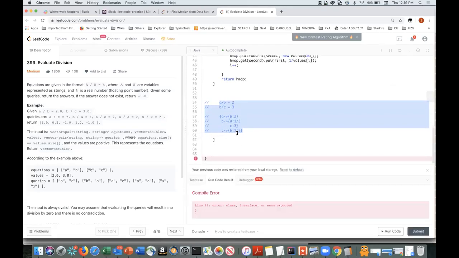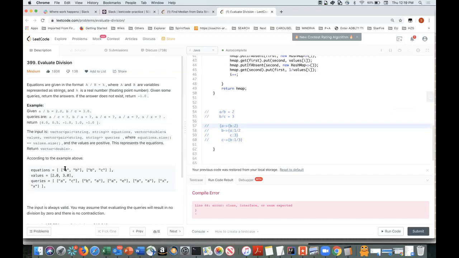Sorry, what happened? Are you traversing the hashmap, or are you traversing the queries which are required to solve? Yeah. So now once I get the query, I take the key from the query. So let's say the query is A, E. I directly check if the numerator, the first element A, and the second element E, both exist in my hash map or not. If not, I will directly return -1. Right? So I can solve these edge cases.